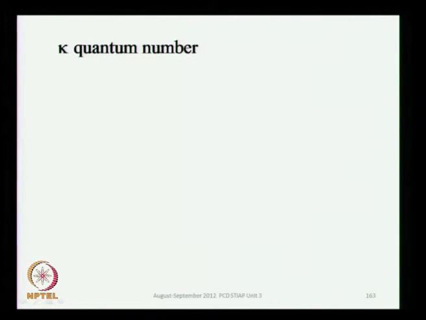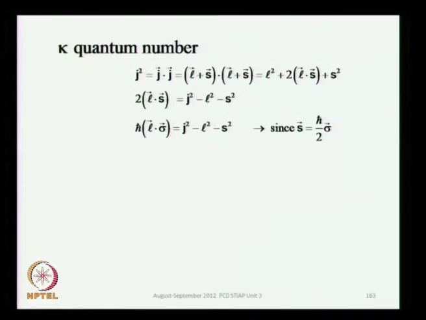So, the k operator is going to give us a new quantum number which is called a kappa quantum number. So, this is not the lowercase k, it is written as kappa, that is a notation you will find in most of the literature, and those of you who are reading about atomic wave functions would have met the kappa quantum number. So, this is the kappa quantum number, and to understand this, let us look at j